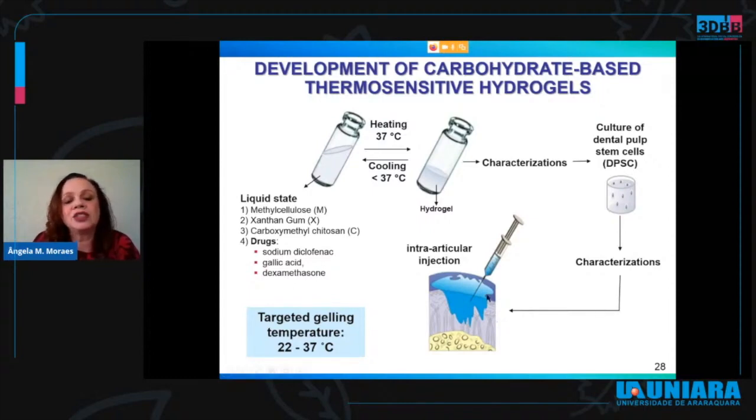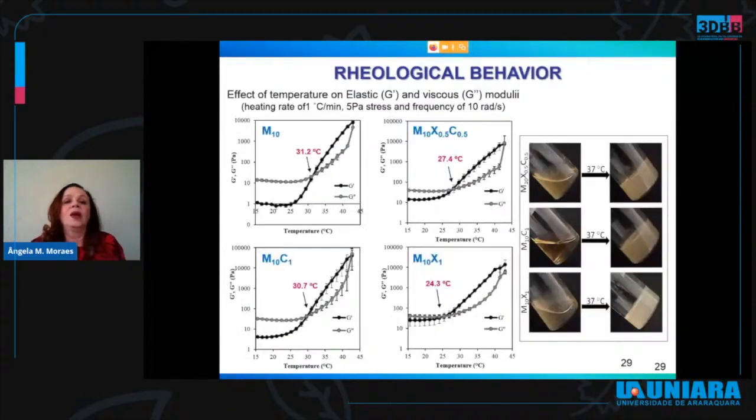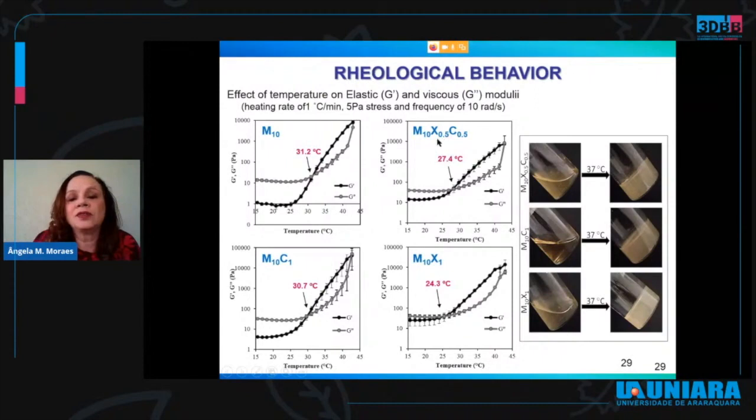So our targeted gelling temperature was between 22 and 37 degrees C, because 22 is about the temperature of the surgical center, and 37 degrees C is the temperature of the body. We observed for 3 different formulations that we could reach this temperature. We had for this one containing 10% of methyl cellulose and 0.5% of xanthan gum and carboxymethyl cellulose, a temperature